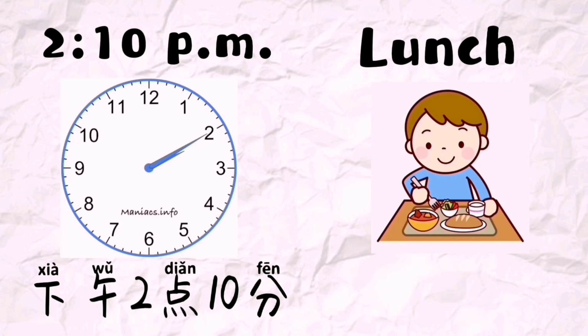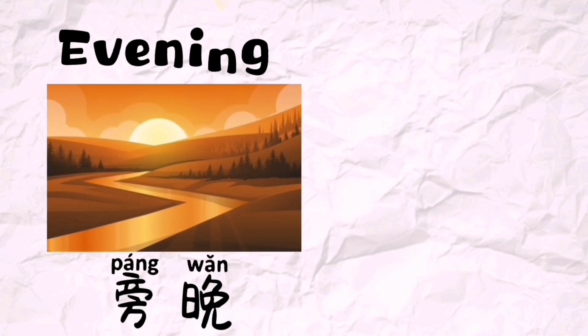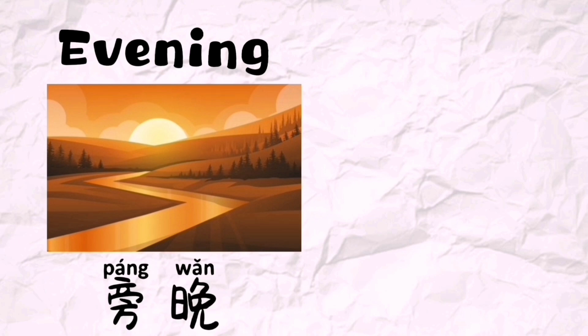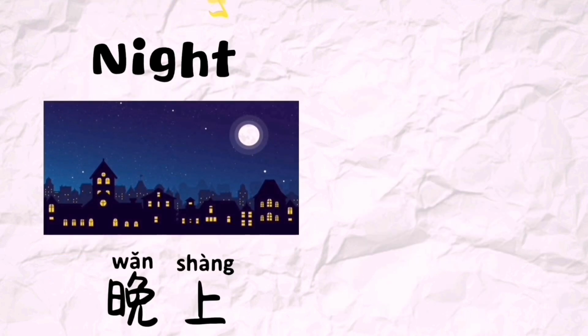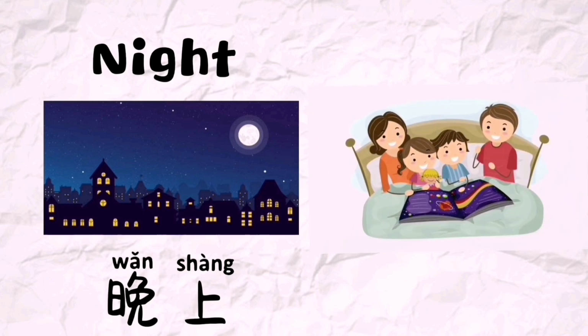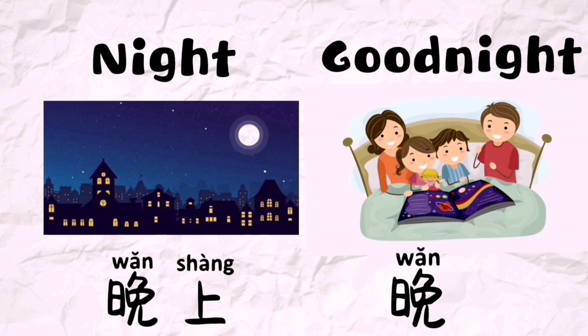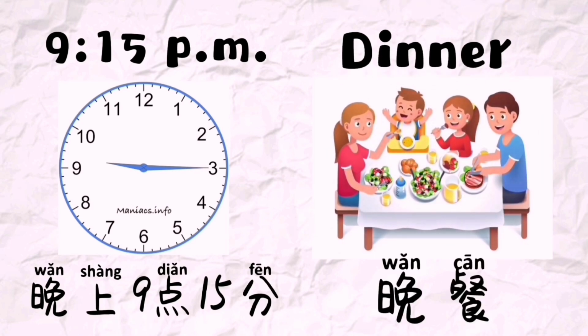Lunch, 午餐. Evening, 傍晚. 6:30 p.m., 傍晚6点半. Night, 晚上. Good night, 晚安. 9:15 p.m., 晚上9点15分. Dinner, 晚餐。